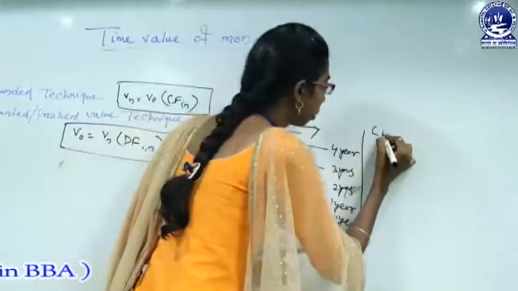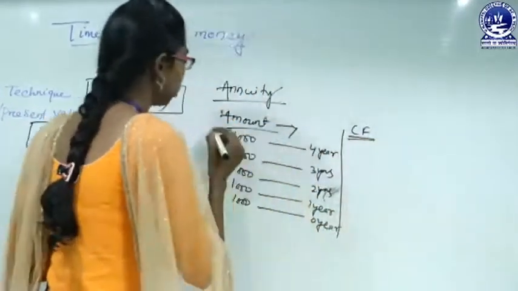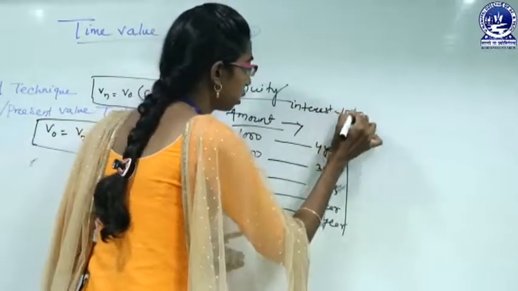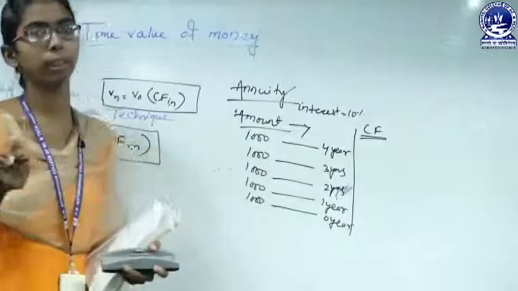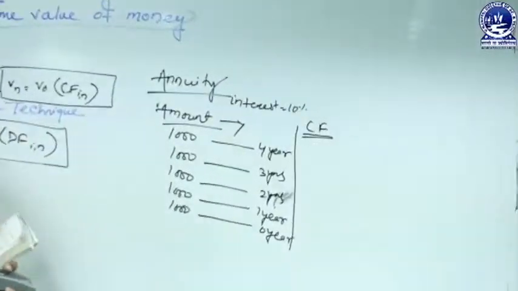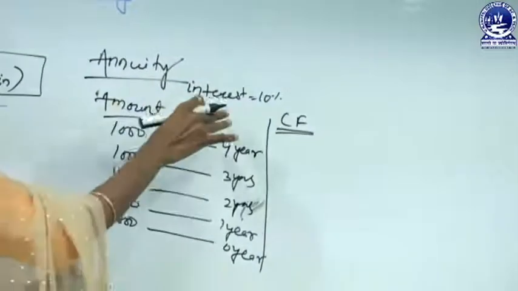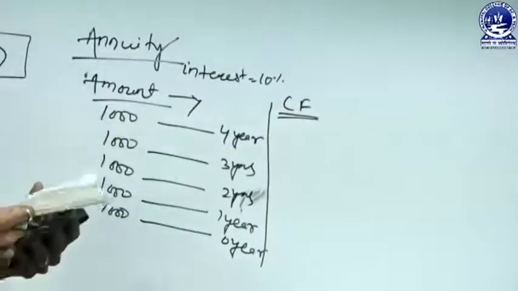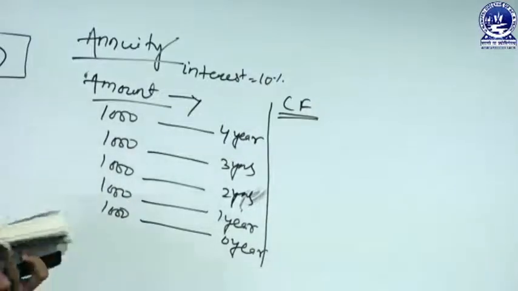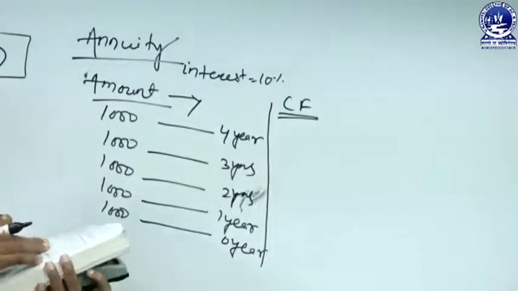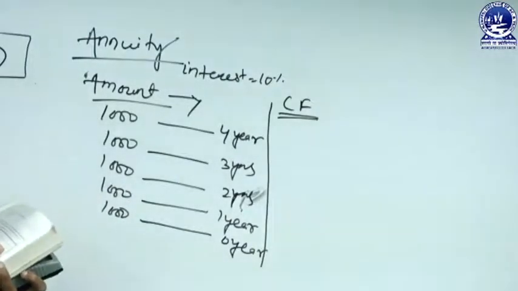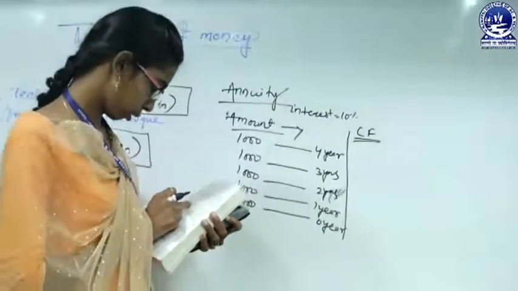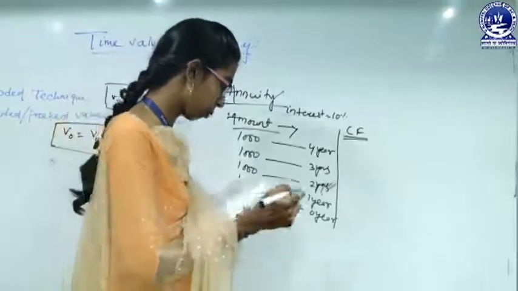सो कंपाउंड फैक्टर टेबल से विथ इंटरेस्ट रेट same as 10%. We can also take a different interest rate as per given in the book, but for simplicity I am taking the percentage of 10%. So now we are going to calculate the CF factor table. With 10%, I am going to find out the number of years and it is 1.464.